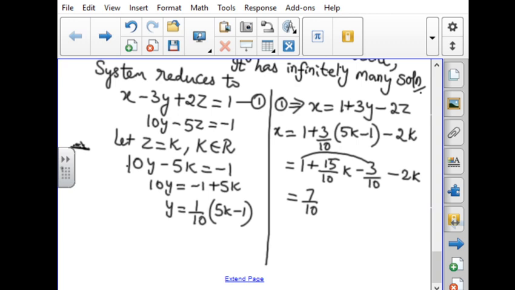Okay. Now we can cancel this using the 5 table, 3 times, 2 times. So 15 by 10 k minus 2k, that is 3 by 2 k minus 2k, so 3k minus 4k is minus 1k, so minus k divided by 2. By taking the LCM of 10 and taking it outside, we can write this as 1 by 10 into (7 minus 5k). So we got the value for x, and y, and z can be taken as k.